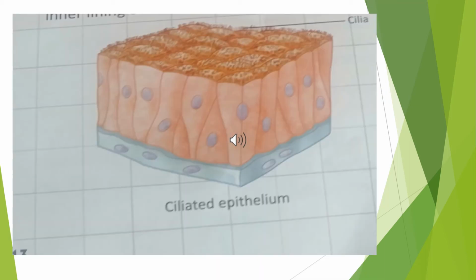Look at the picture. This is ciliated epithelium. Hair-like structures called cilia. The columnar cells bear cilia on their free surfaces. These are ciliated epithelium. The ciliated type propels mucus by ciliary action, and it lines the small bronchioles. An example of ciliated epithelial cells is the inner lining of the windpipe.